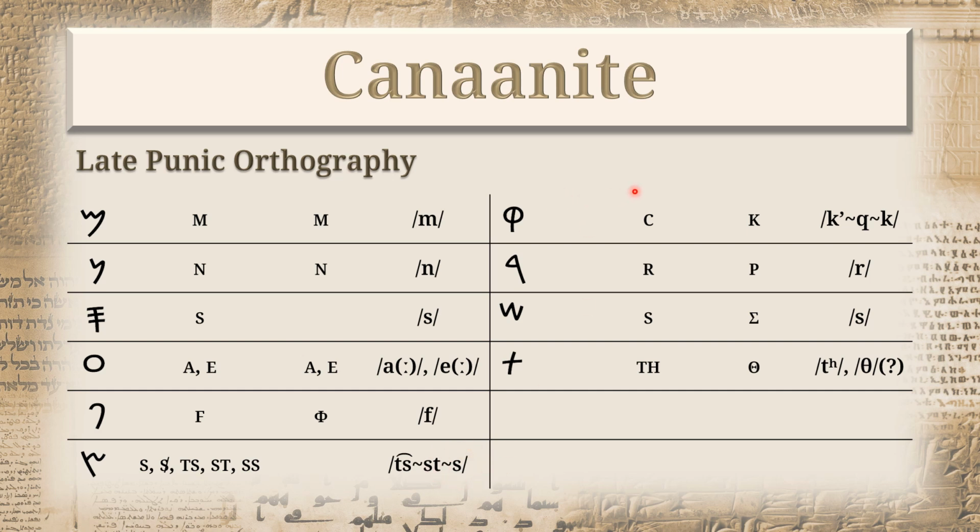Then we have Kop or Kof, which was written as a C in Latin, Kappa in Greek. Might have just become an unaspirated K sound. Nothing special about Resh. So Sheen apparently became S, though Latin and Greek don't even have a letter for a sh sound, but they could have come up with something, just like Latino-Punic came up with a special sign for the Sadi. So yeah, it probably merged, and there were puns about the merger of Sheen and Samech, so this is probably what happened. And the last letter, Tau, was represented as a TH in Latin because it is aspirated,